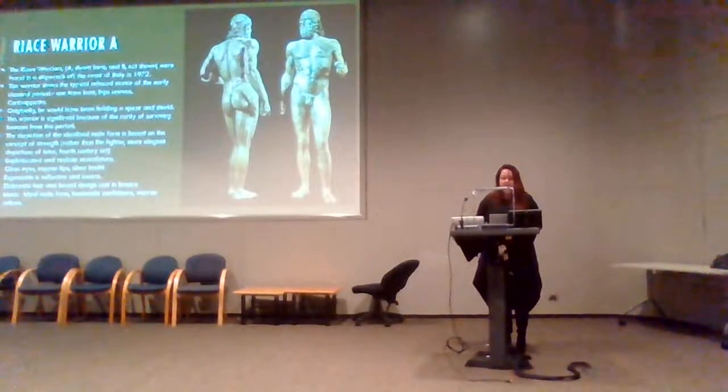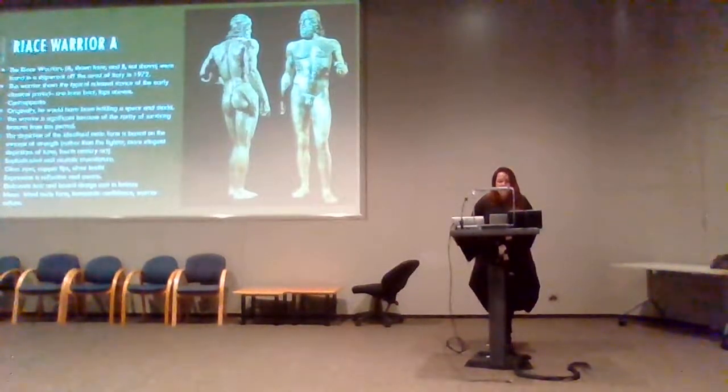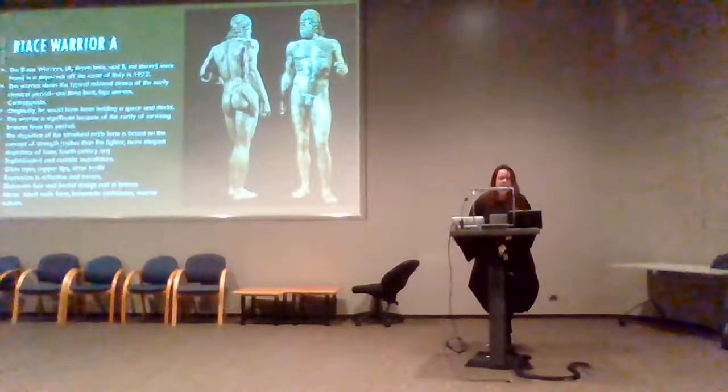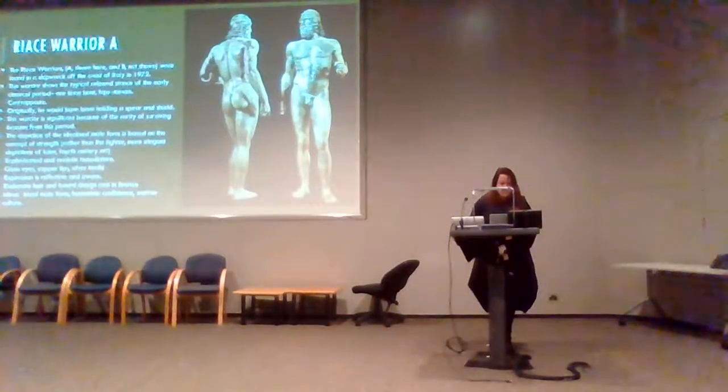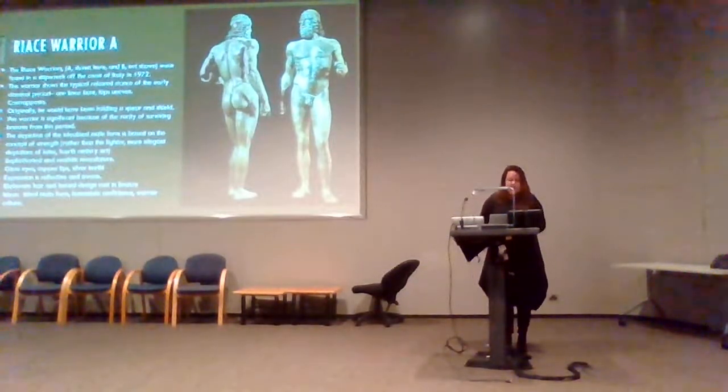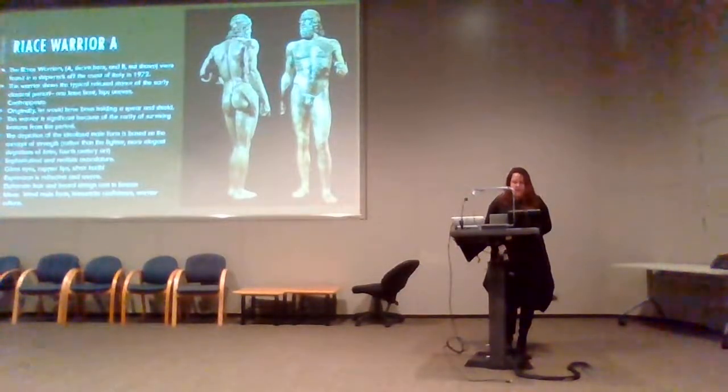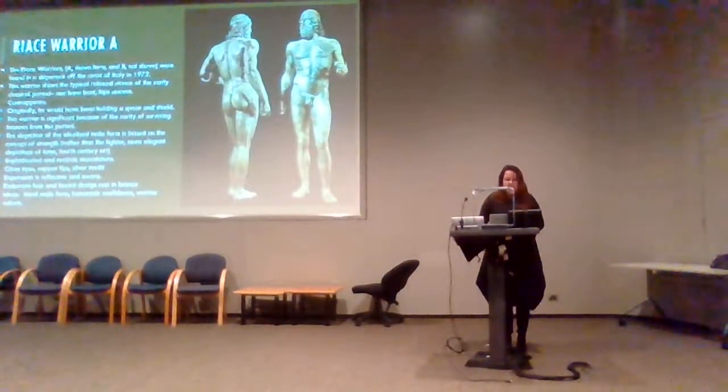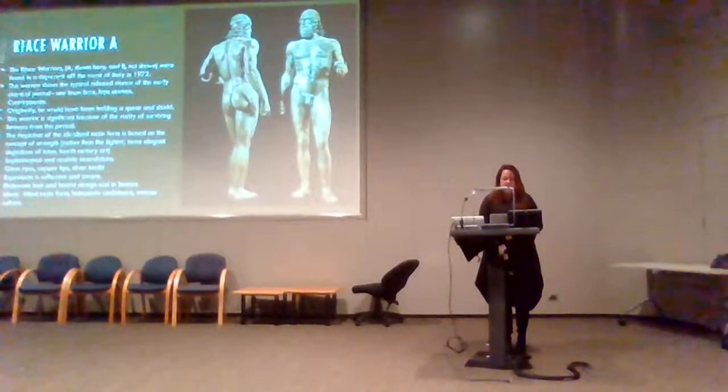He has very detailed hair and beard, and amazing attempts to create authentic musculature for his body. He originally had glass eyes, copper lips, and silver teeth. Exciting times for him. So he is there to represent the ideal male form, humanistic confidence, and warrior culture. Those are some ideas if you want to bring up, write about the context and ideas in your section A